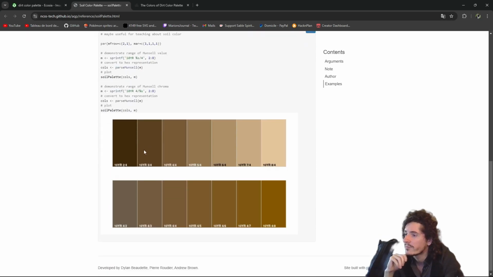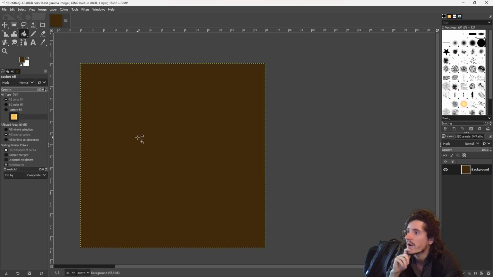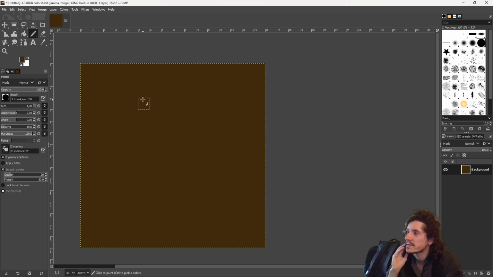However, I would have preferred the hexadecimals, but I think it's okay because I can just use the color picker. So from there, I will use the color picker to pick the first color, which is going to be the darkest brown. This will be the background of my dirt. I will use a pencil size 1